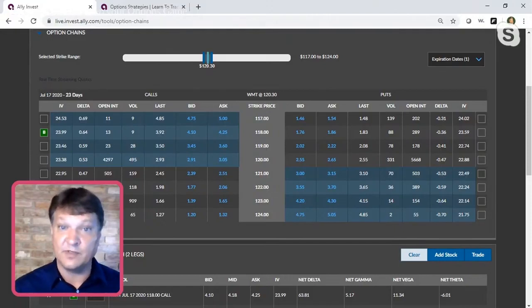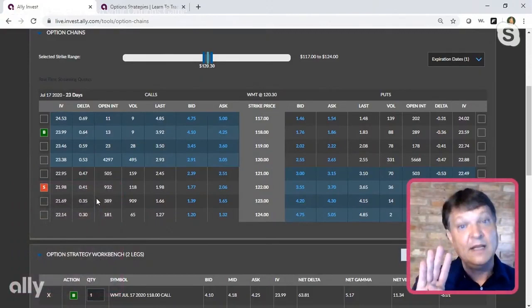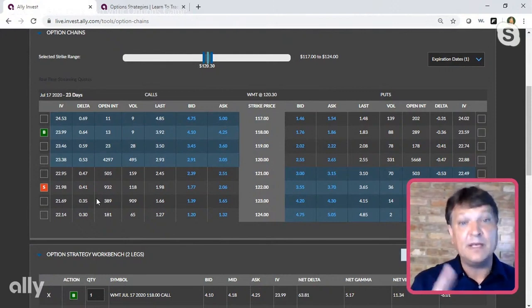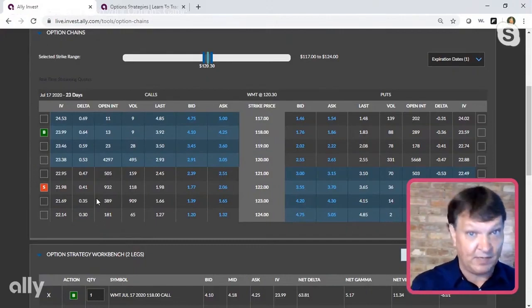But I've traded options enough to know that if I pick these strikes and I'm 4 points wide, 2 points in and 2 points out, this should be trading for about $2. Might not be exactly $2, but it should be trading for about $2. Why? Because if I go equidistant in and out of the money, I should be buying about the same amount of time premium as I'm selling overall.